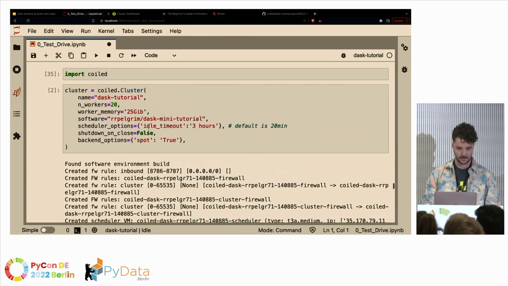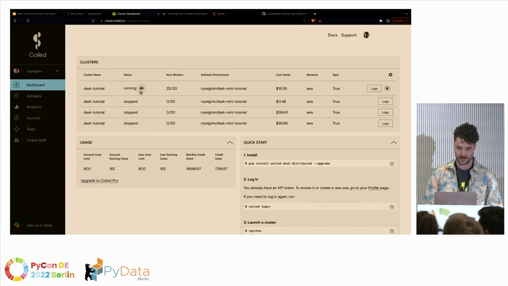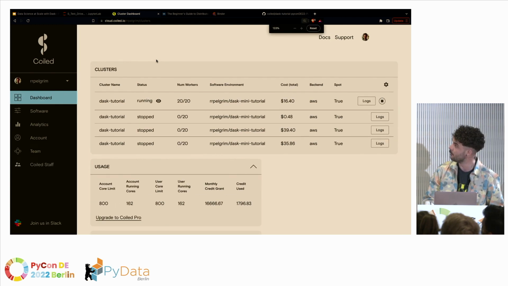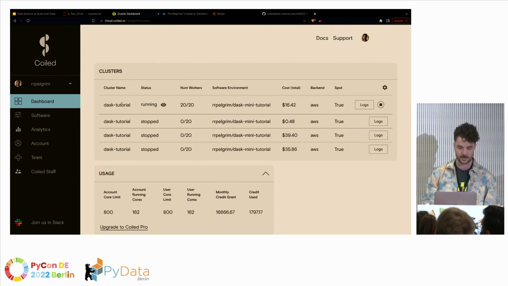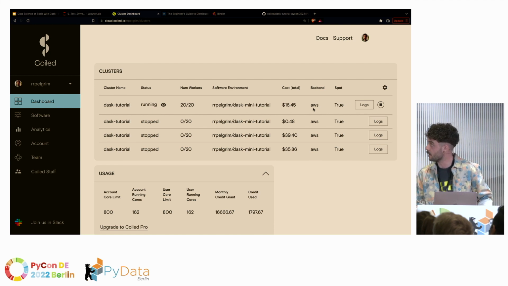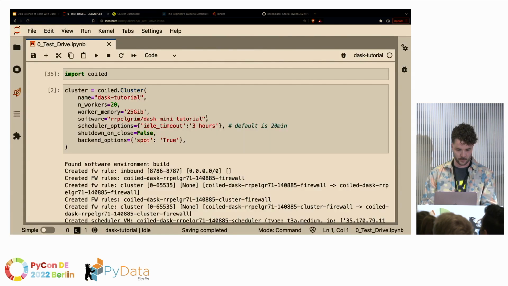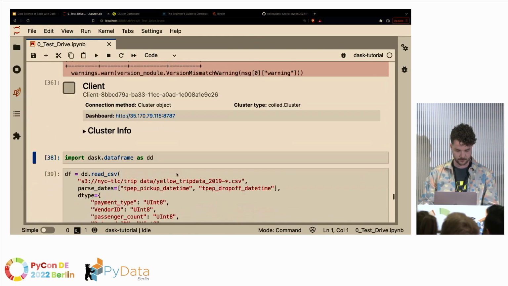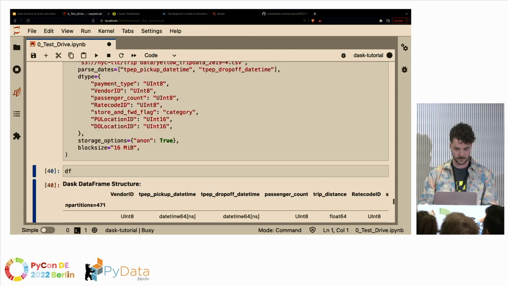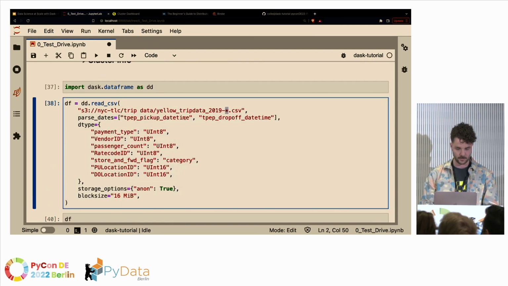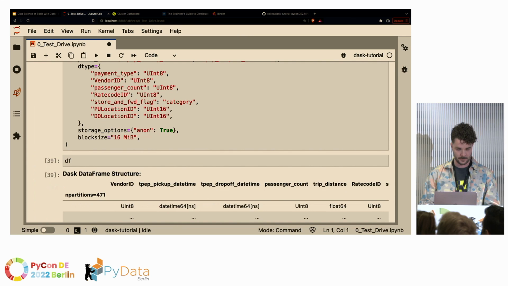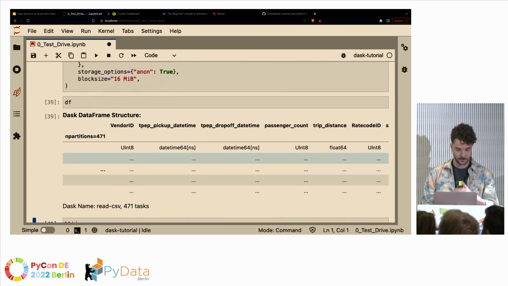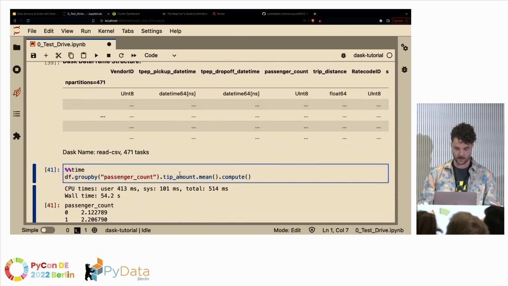So I've already spun this cluster up ahead of time, but this is the Coiled interface. You can see we have a cluster with a name that's running with 20 workers. It's running in AWS. We also support GCP, and Azure is coming as well. We're running Spot instances in this case, and we can run a computation on this cluster. We import Dask data frame, read in this case all of the New York City taxi data. As expected, just calling the Dask data frame only gives us the schematic, but when we run a group by